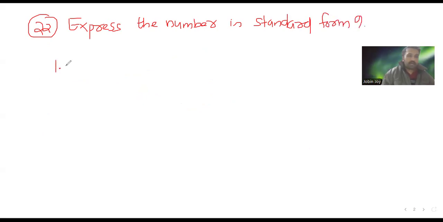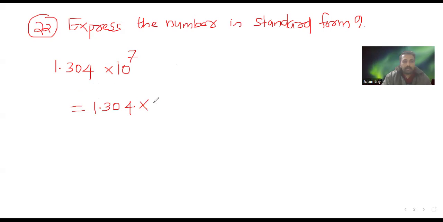So 1.304 into 10 raised to 7. This is called a scientific notation, because this is in the exponential form. We will write this in the standard form. Standard form means